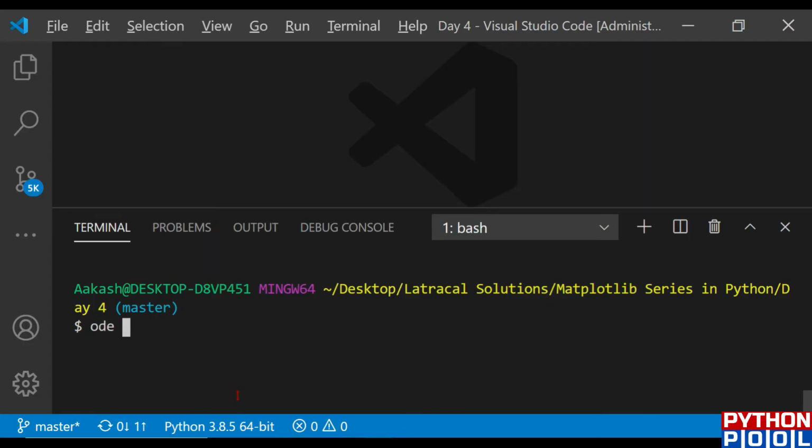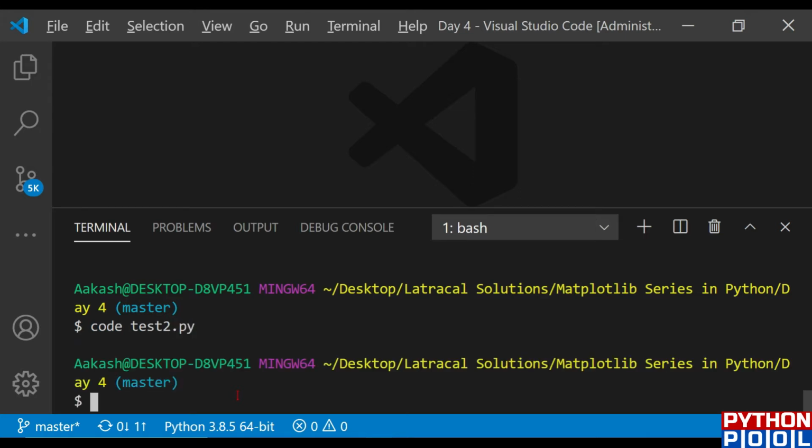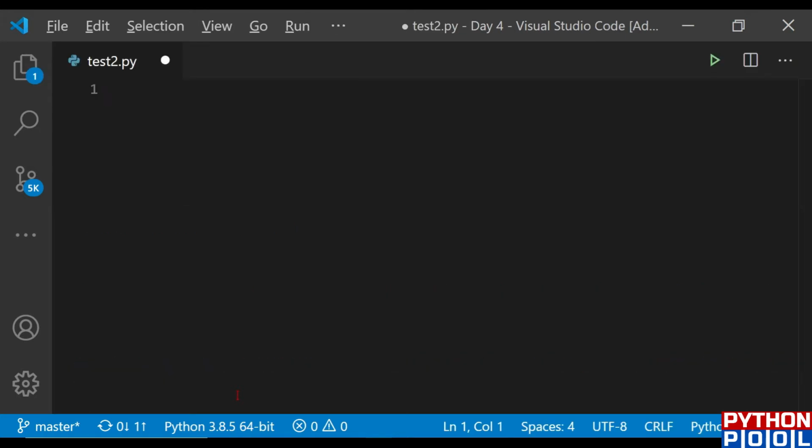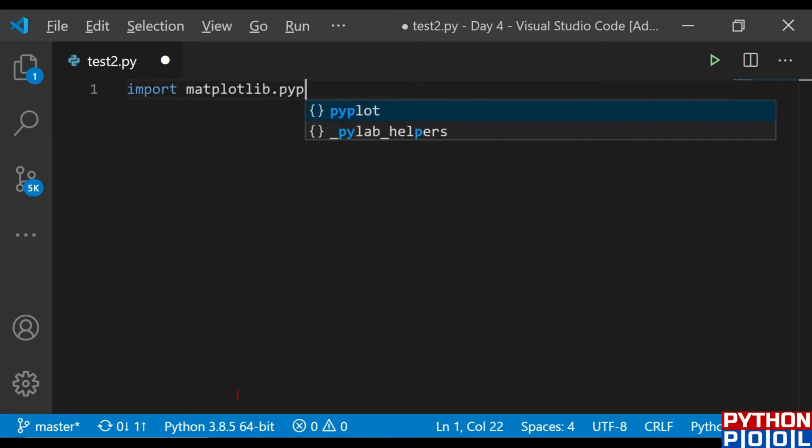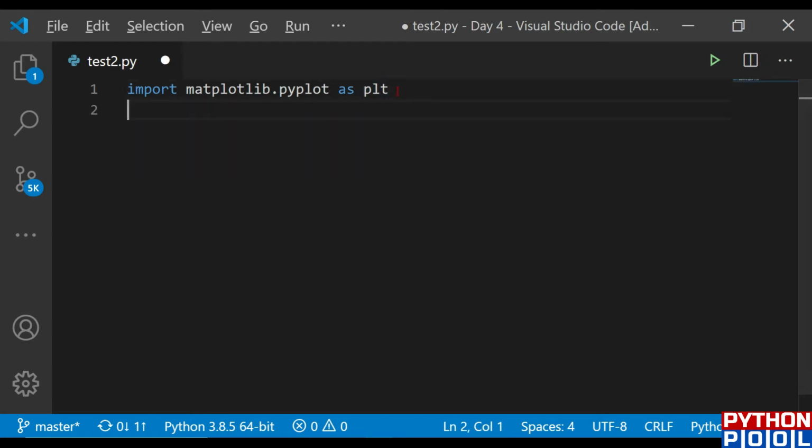Let me code another file, name it test2.py. And once my file is ready, I'm ready to start with the program itself. So let's import matplotlib. And then after that, I'm just going to call the figure function.